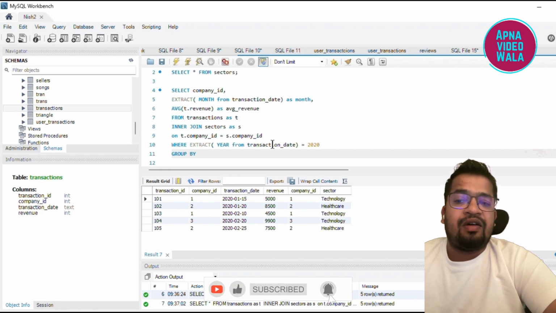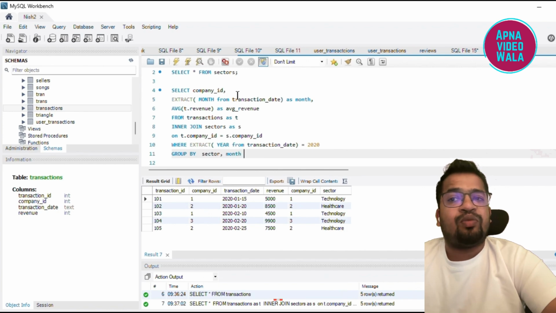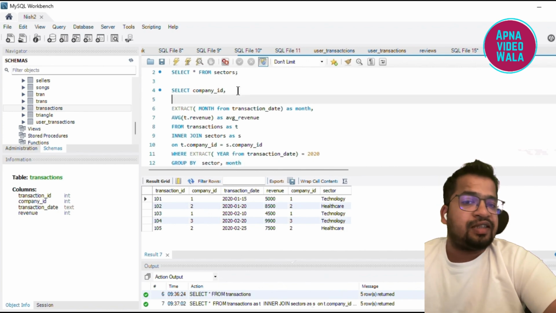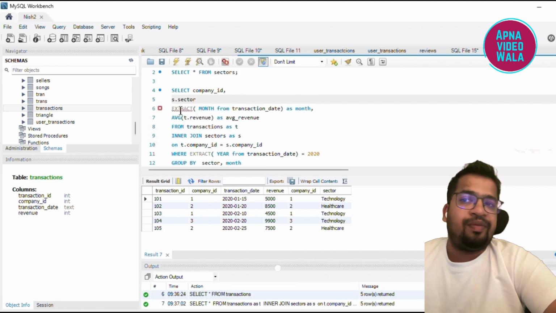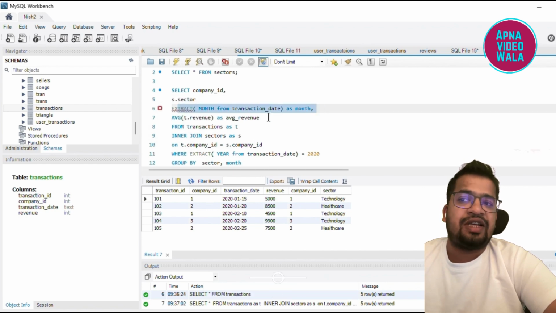through. तो हमने यहाँ पे combination of monthly है, तो हम यहाँ पे monthly का भी लगा सकते हैं. तो यहाँ हम लोगों ने GROUP BY apply किया, apply by cause. तो यहाँ पे मैंने लिखा sector, ठीक है, और monthly, ठीक है। तो month तो हो गया हमारा ऊपर वाला जो transaction date से निकाला है, और sector आपका हो गया जो कि आप use कर रहे हो। तो हम यहाँ पे sector से हम लोग कोई data ले के आ रहे हैं, sector.sector_name we can use it, तो s.sector ये हो